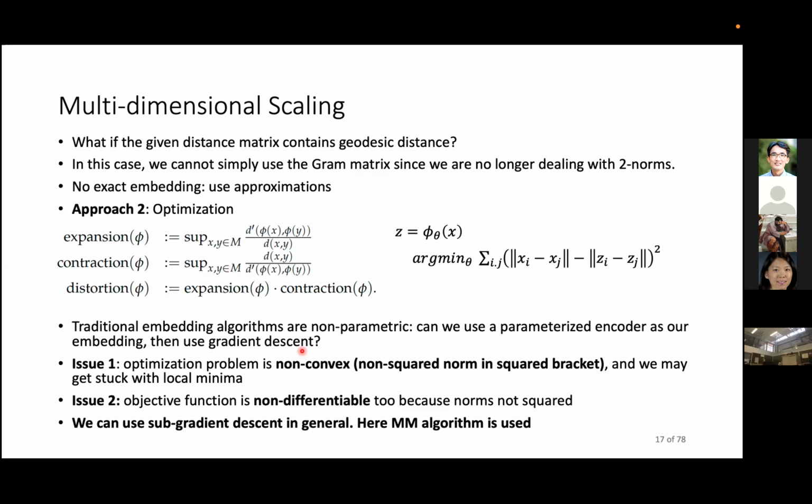But we can of course use subgradient descent in general to approach problems like this. However, in classical settings, gradient descent in general doesn't give you lots of great guarantees. So here is another, more approachable analytical algorithm. The full name is majorization minimization, which I will cover later on when we talk about a